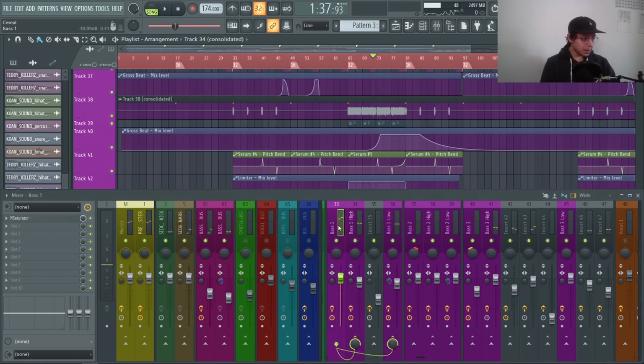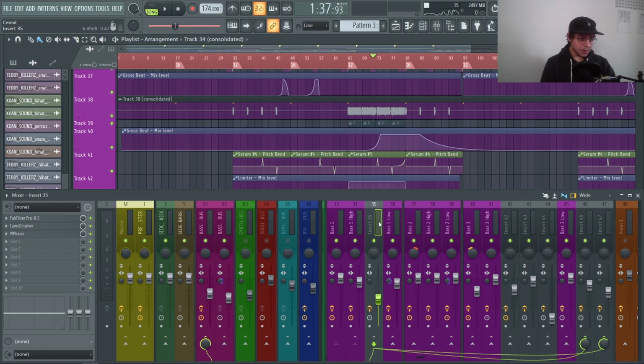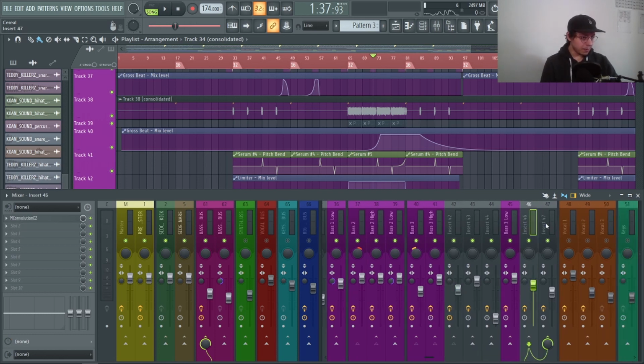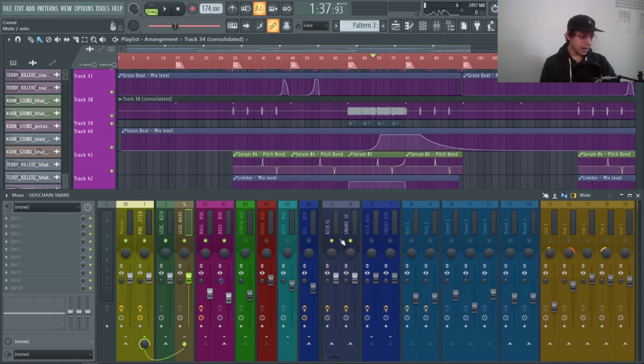And all of them are brought in, so we've got bass 1, bass 2, bass 3. They're separated into a high and low with some parallel processing. Each of the grayed out channels are ones I've brought in using some extra effects, different layers. They're all running through a reverb and a convolution reverb send, and then they're all brought together into their respective high and low. So all the low frequency stuff just gets left clean. That goes to a low bus, and then the high frequency stuff comes through to the bass bus, and then they run through the sidechain for the kicks, sidechain for the snare, and they're controlled by